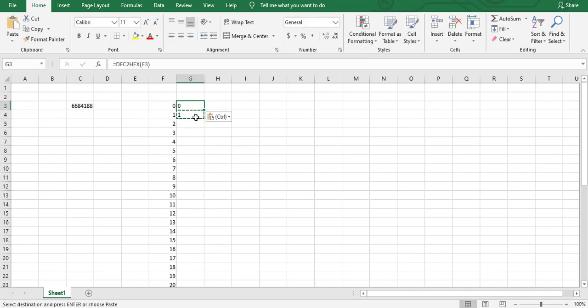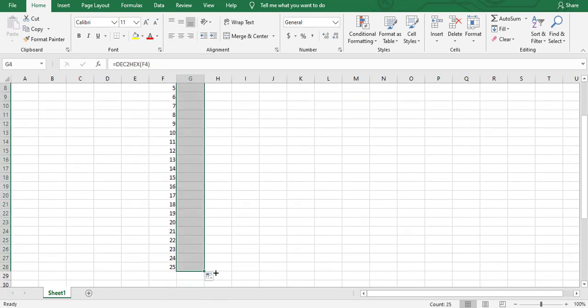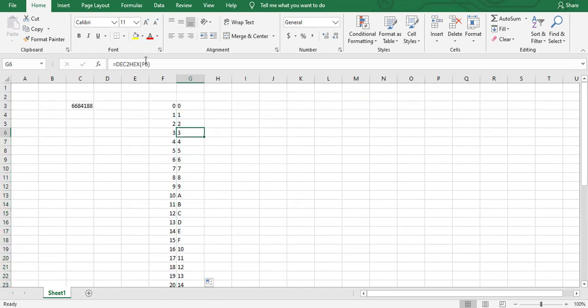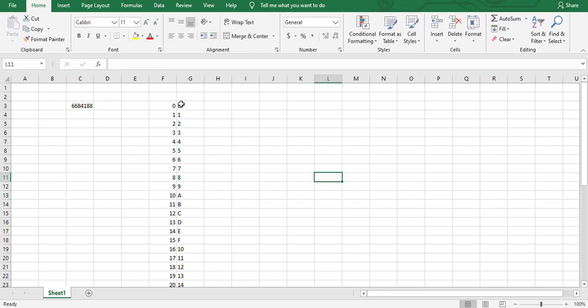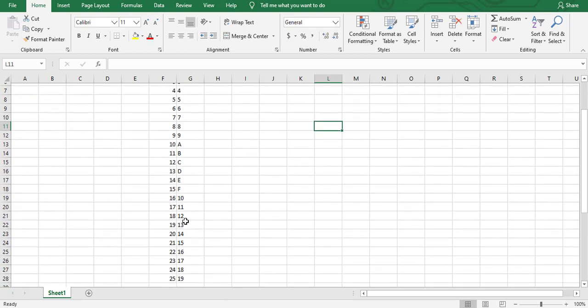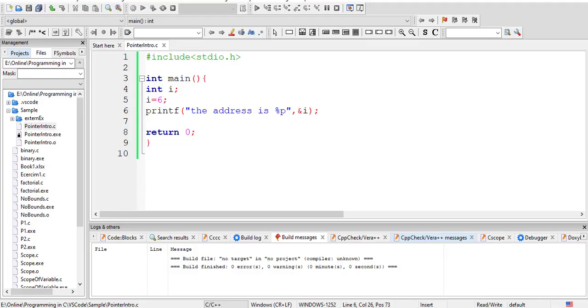0 is 0. So once you copy this down, drag this down, the entire formula will be copied. For example, if I click here, this is giving hex of 3. If I click here, it is giving hex of 10. So you see, 0 is represented by 0, 10 is represented by A, 15 by F, 16 by 10. So it goes on. All these numbers have a corresponding hexadecimal value. Okay. So this is a hexadecimal value.